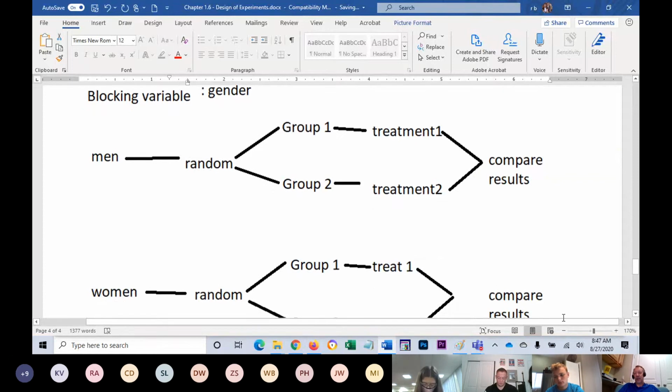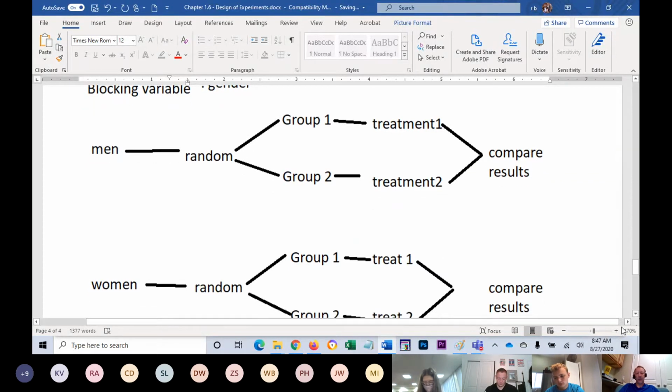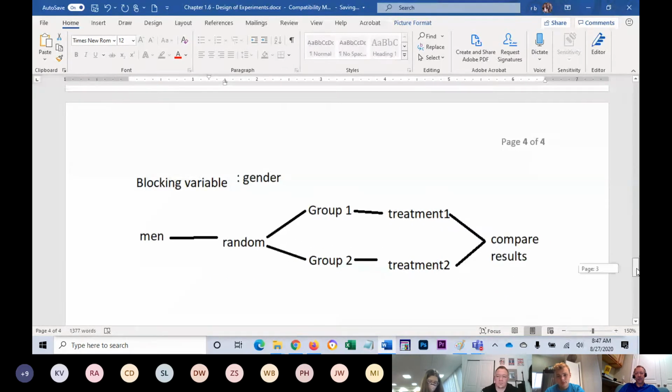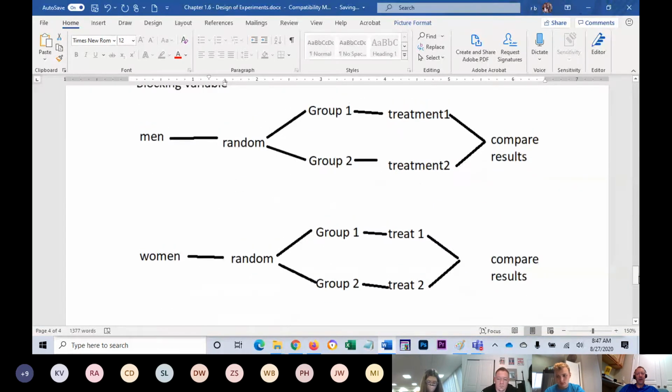Now, the other issue, I should just mention here really quickly with the randomized block design: it is tempting to say, okay, you can compare the men to the men and you can compare the women to the women, but you should not compare the men to the women because this first step here is not randomized. You're not randomly a man or a woman. I mean, I guess you are at conception, but